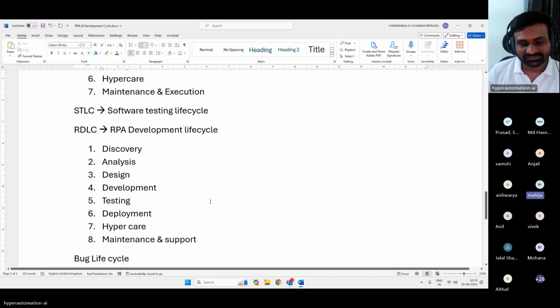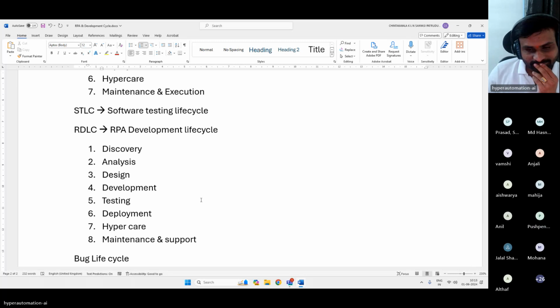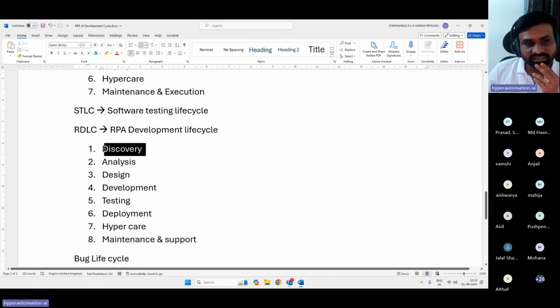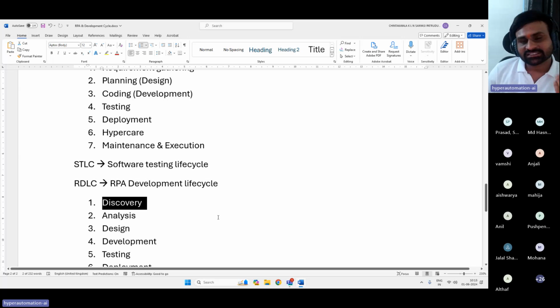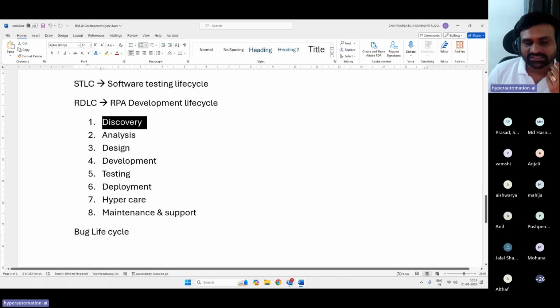Maybe just the addition of process discovery, maybe process mining, since we need to identify which process needs to be automated. We will take care of that in the discovery itself. Discovery is nothing but identification of processes which can be automated and preparing your pipelines for your automation. But the rest, everything is similar, right? Not much different.